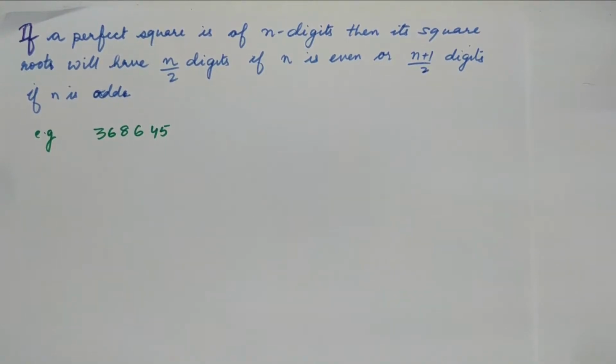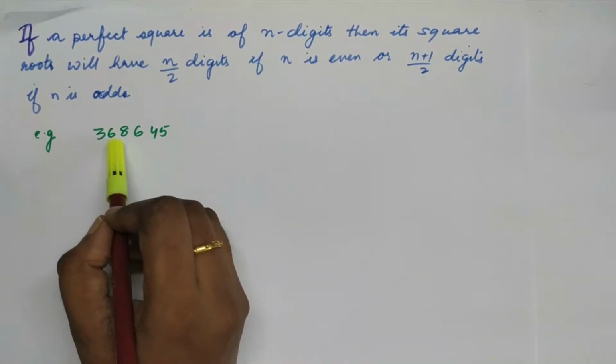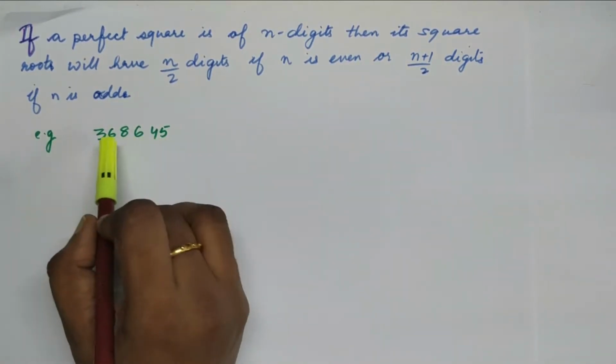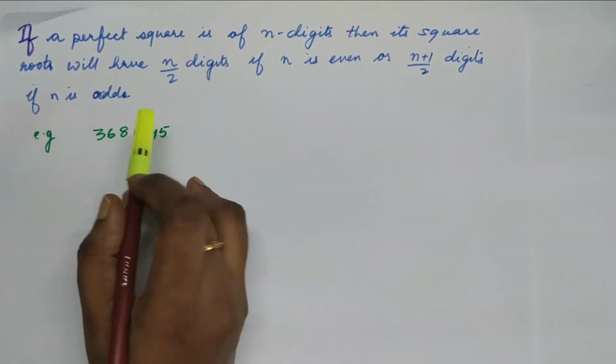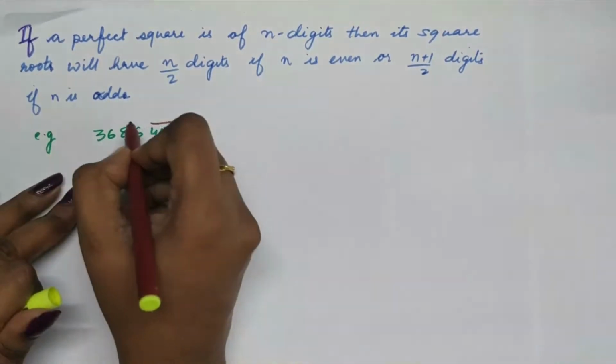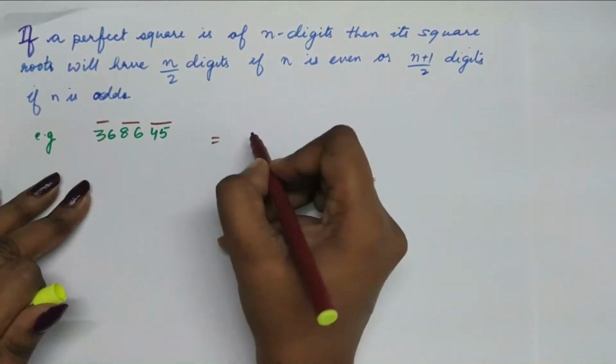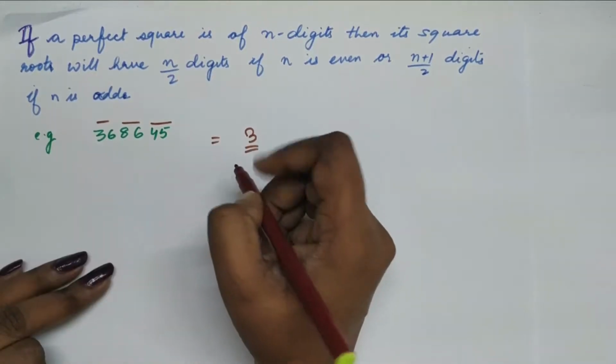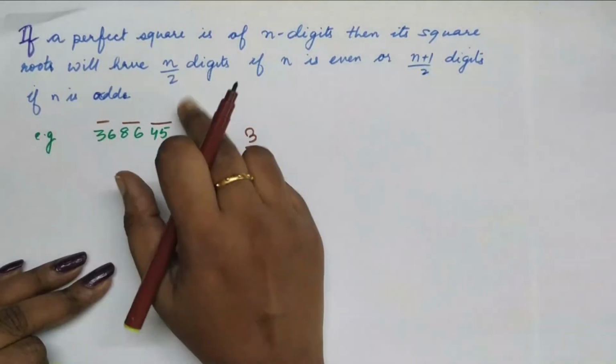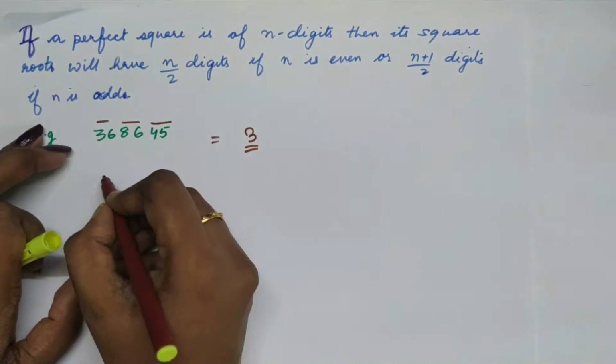So the last tip that you can use is that when you have a perfect square of n digits, then how to know how many digits will be there in the square of that number. Simple formula is that if you have the even numbers in the square root, like here 1 2 3 4 5 6, so if we make a pair, we'll make 3 pairs, so the answer will consist of 3 digits. So you can easily use the formula n by 2.